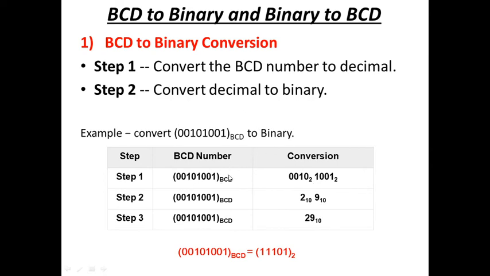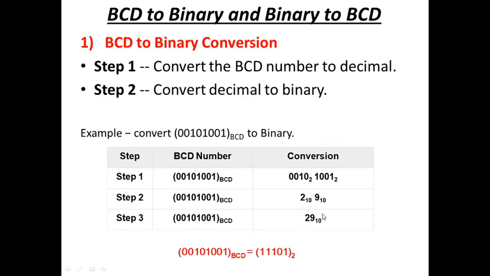How do you do it? A BCD number is a combination of four-bit groups. So group them in fours: 0010 and 1001. I'm just separating it out to identify what decimal it is. So 0010 is 2 in decimal and 1001 is 9. So it is actually 29 in decimal. I have converted my BCD number into a decimal number. You can refer to the table or you can just find it out. 9 in binary is 1001.